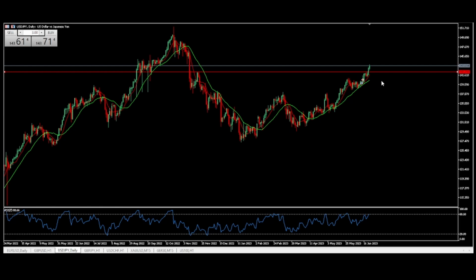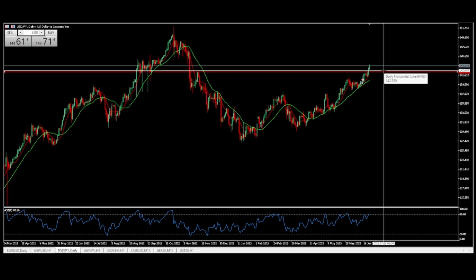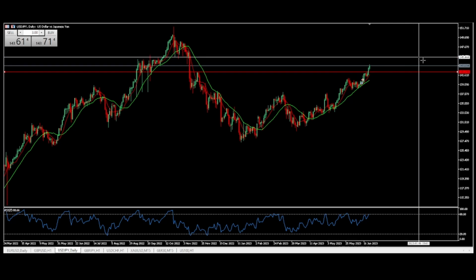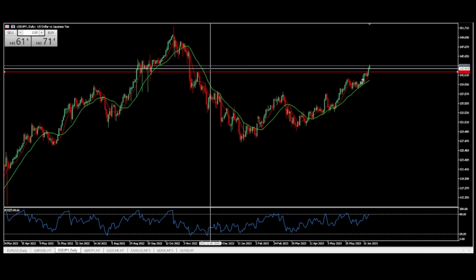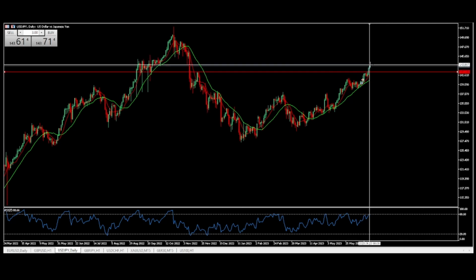So we've seen price break through, which is a good indication that price is going to carry on going up and continuing to higher highs. Now, where would be the targets? I mean, where is price going right now? Well, the next zone of resistance, if this